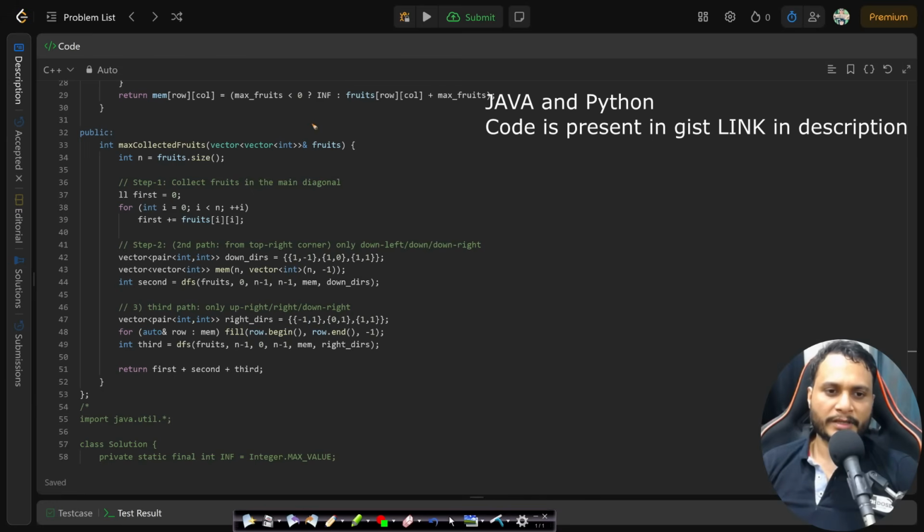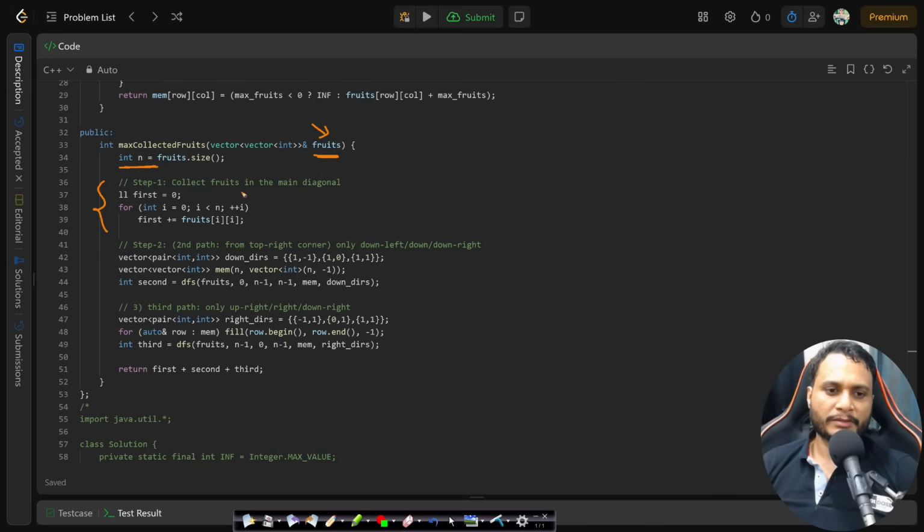In this problem, we are given the fruits matrix and I will be finding the size of the table. So step 1 is to collect the fruits by just parsing the main diagonal. So this is the first child collection. The second step is to do the second child collection from the top right corner, and I will show you